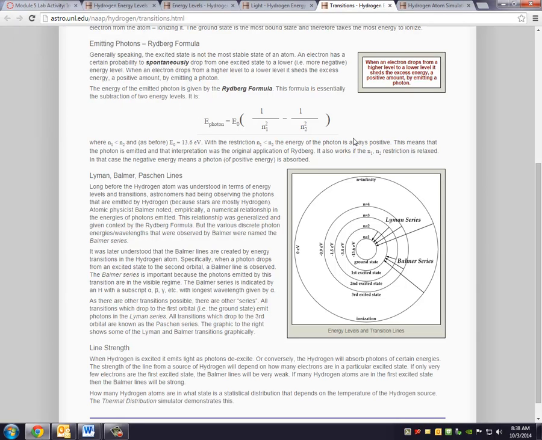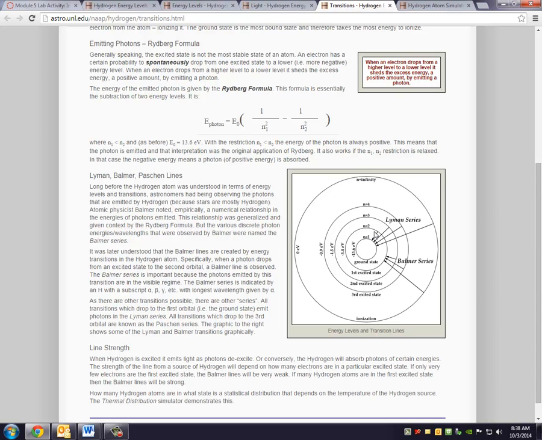Okay, before we get to the simulator, I wanted to spend a little bit of time with this little diagram just to explain that when an electron goes from the ground state to its first excited state, that means from orbital 1 to orbital 2, it requires a huge amount of energy. And so it's going to have to absorb a very energetic photon. In fact, that photon is going to have to be an ultraviolet photon, because ultraviolet is more energetic than, let's